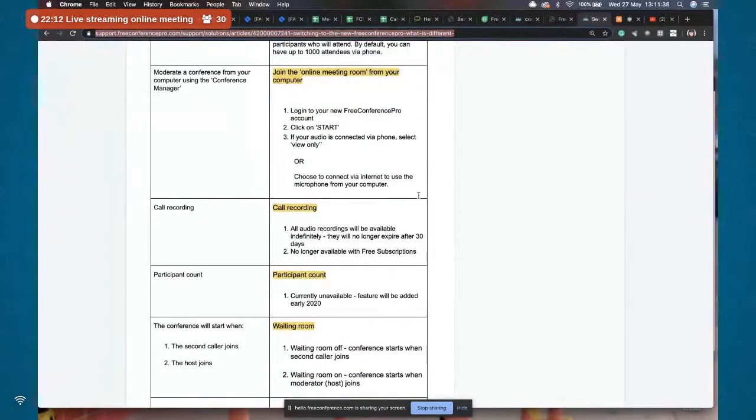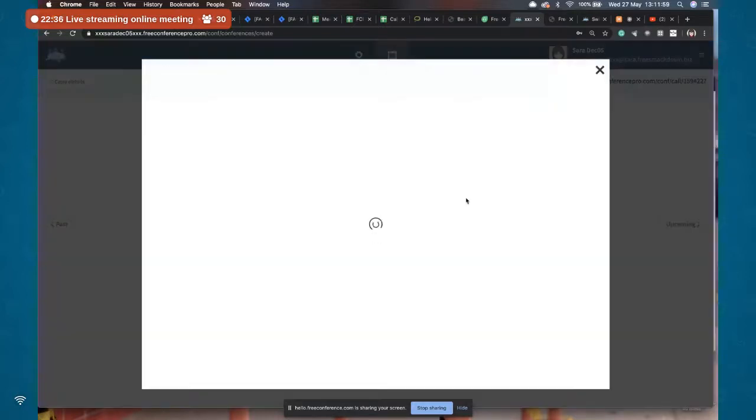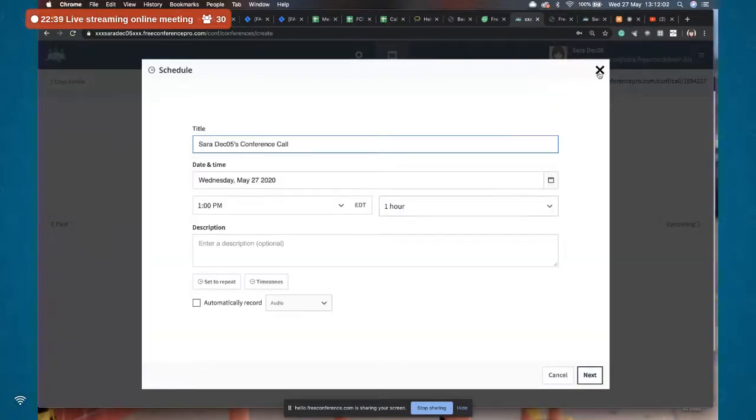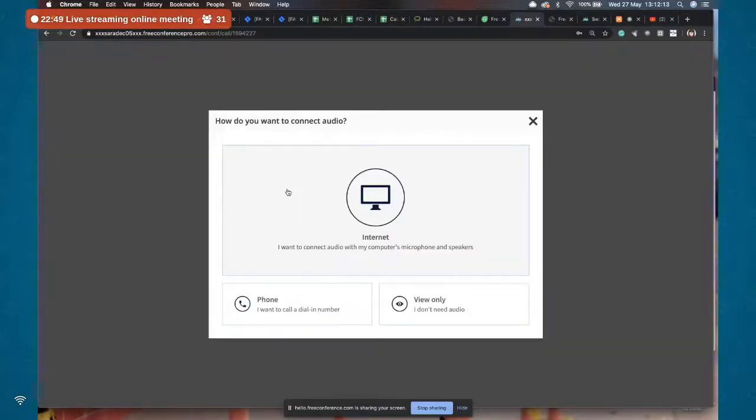The other one that's different is what was called the Conference Manager to monitor your calls. I'll show you that in a moment. So it used to be you'd log into your account and then there was a link on the top left. Now you log into your account, and let me show you here. You log in, and you're presented with this new design, this new display. So I mentioned before schedule, that would be this calendar button here. That way is where you can schedule a meeting. But if you want to go monitor a call, you just hit start, and then you'll see very similar to